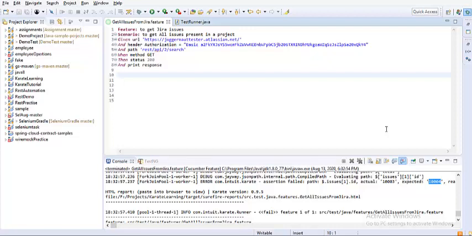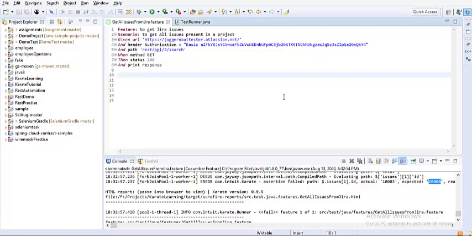In this video, we'll explore the response, see what fields are there for us, and how to put in some assertions. Let's get started, guys. The feature file that you are looking at on my screen is the same one we saw yesterday, and let me run this feature file again to see how the response comes.